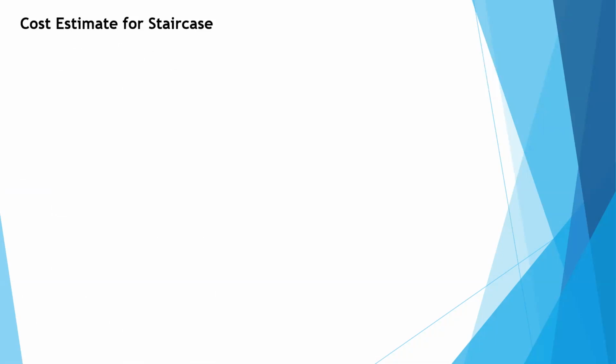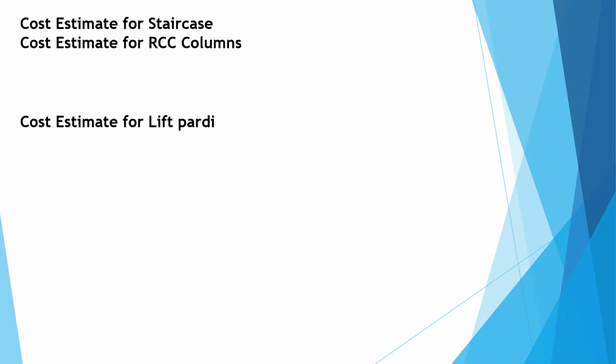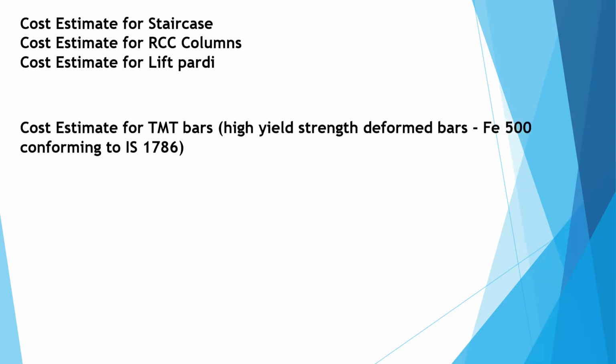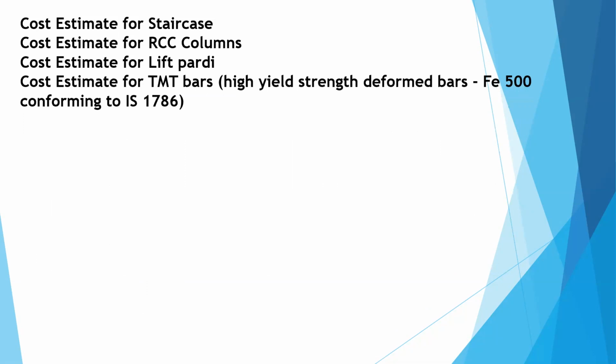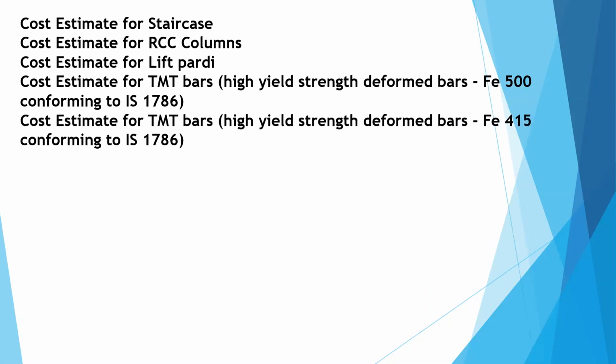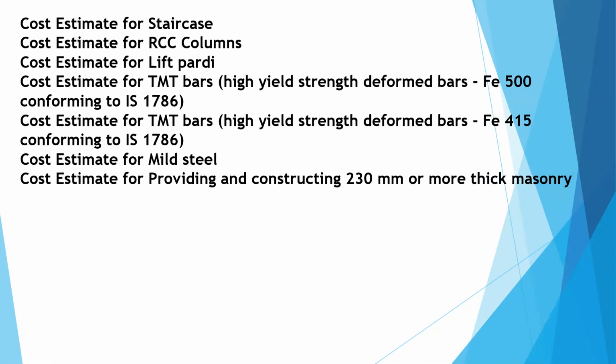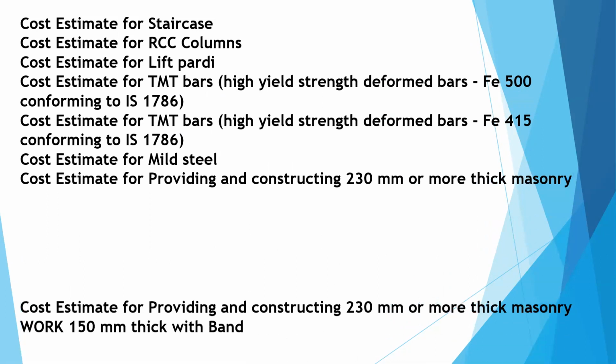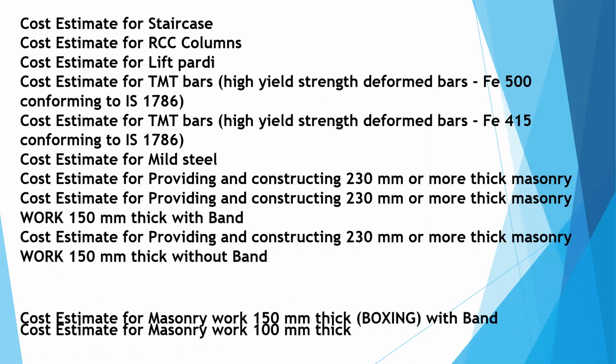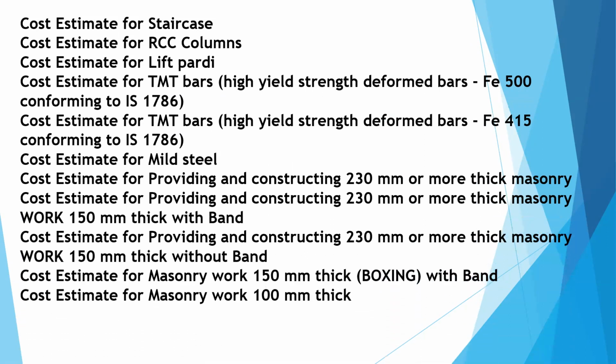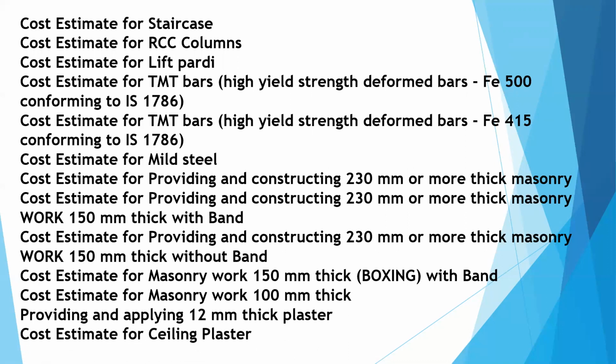estimate for a staircase, estimate for RCC columns, estimate for a lift pit, estimate for TMT bars Fe 500 as per IS 1786, estimate for Fe 415 as per IS 1786, estimate for mild steel, estimate for 230 mm or more thick brick masonry, estimate for masonry work 150 mm thick with a boxing with a band, estimate for masonry work 100 mm thick, estimation for 12 mm thick plaster, estimation for ceiling plaster,